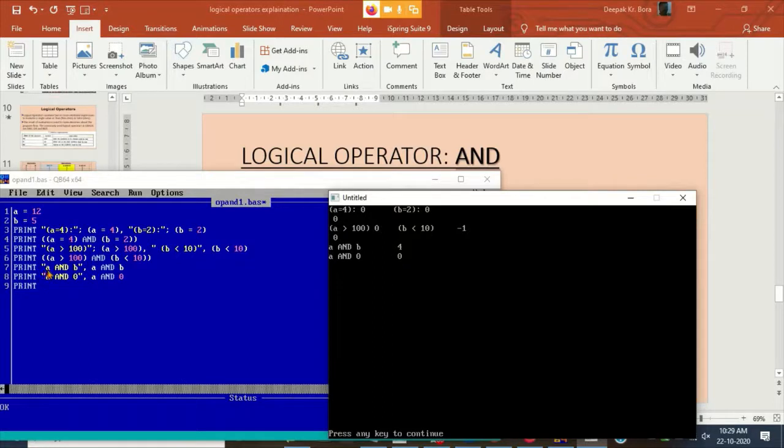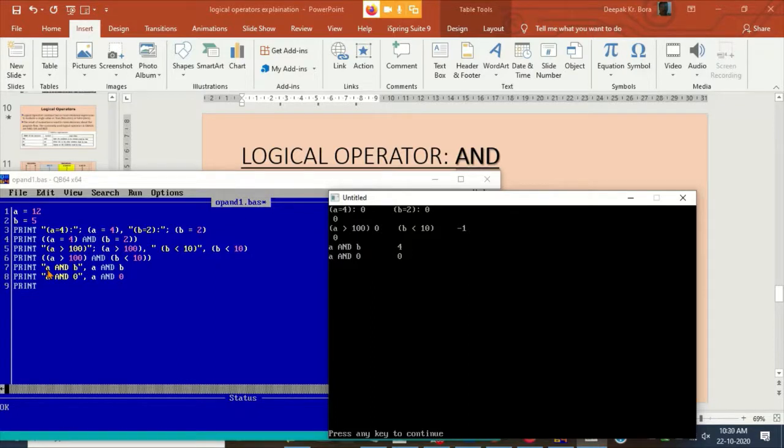It is a very interesting one where I am not using any relational expression. I am only using the number. What is it? A and B. What is A? A is 12. What is B? B is 5. Harshvardhan, you have asked me this question, that it should always be minus 1. No. It is not 0. Remember this. Here A is not 0, B is also not 0. Therefore, see what output is coming? 4. Again, this is not 0. So this is true. Got it?